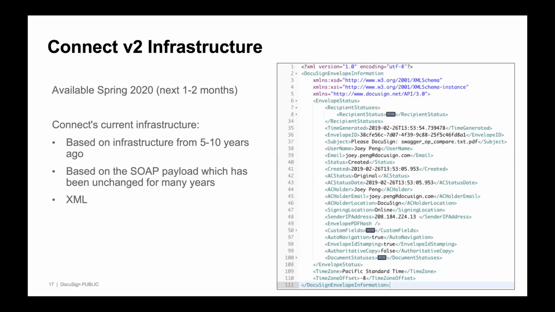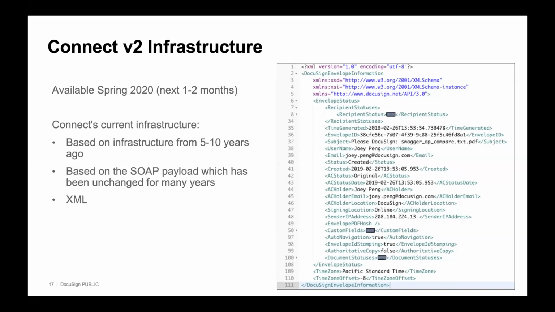So when you look at the actual content, the XML content of the payload, you'll see that it basically represents an exact copy in the structure of our SOAP API. So it follows kind of the same definitions. And that's what we're showing here on the screenshot. This one here is basically an envelope. This is the Connect payload, and it essentially resembles the SOAP API's get envelope request. So inherently, this is not really a problem. If you're a customer who's using SOAP, this data is probably extremely familiar for you and probably easy to handle as well.